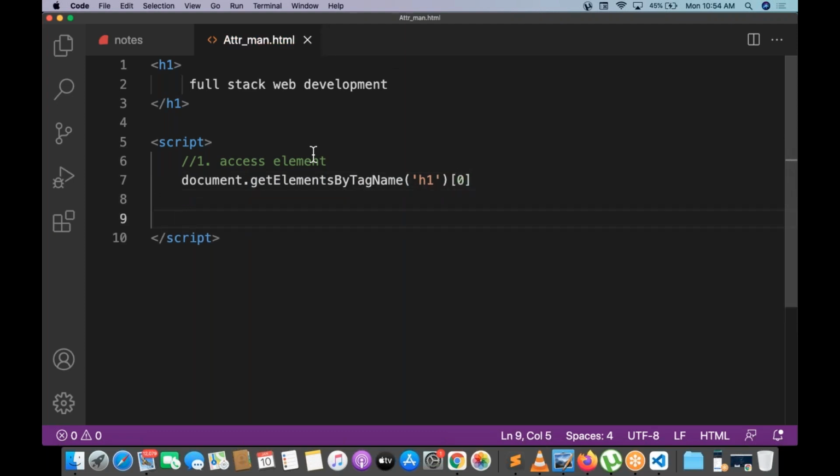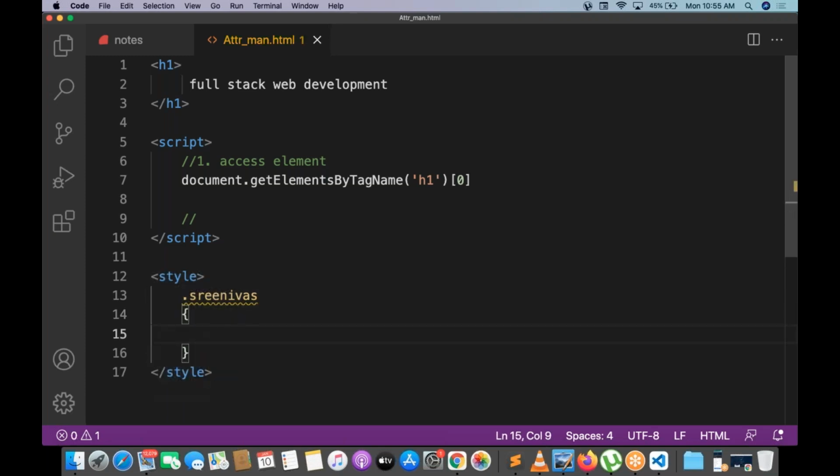And the second step. Is any attribute available for the element? Any attribute available right now? No attributes are there. So I try to assign one attribute for the element. Okay, so let it be. I just want to write some internal style. I'm writing a class called Srinivas. This is the class. In CSS, I'm writing one class. That class name is Srinivas, dot Srinivas. For Srinivas, I'm writing the color, which is going to be red.